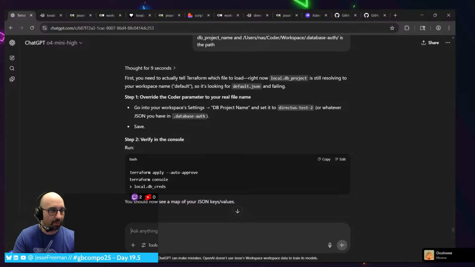All right. So, man, I have been struggling with this problem since yesterday. Basically, what I'm trying to do today is I have my own dev environment set up using Coder, and I'm trying to get the database to be a little bit more automated. Whenever I create a database project, it needs to generate out the username, the password, all the stuff that's required for it to work. But I need new projects to be able to point to that file, and I'm trying to get this to work, but ChatGPT has been really, really bad, to say the least.